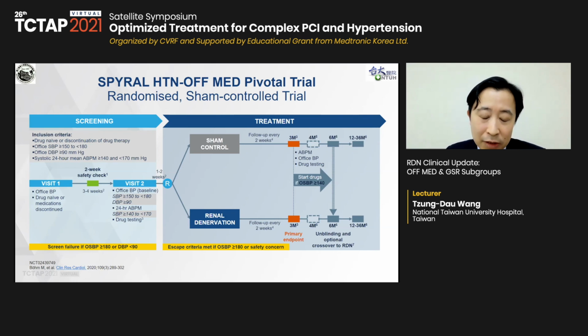The primary efficacy and safety endpoints were evaluated 3 months after the renal denervation, because according to the current guideline, it is reasonable to go without any medication for only 3 months. After 3 months, by current standard practice, we should start medication if the blood pressure is not under control. And there was an escape criterion for patients if blood pressure was greater than 180,